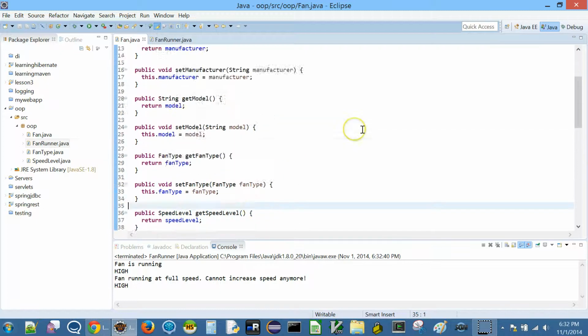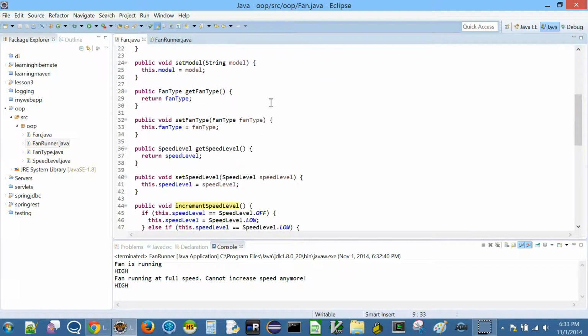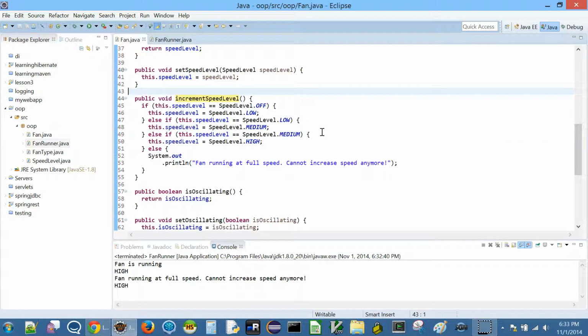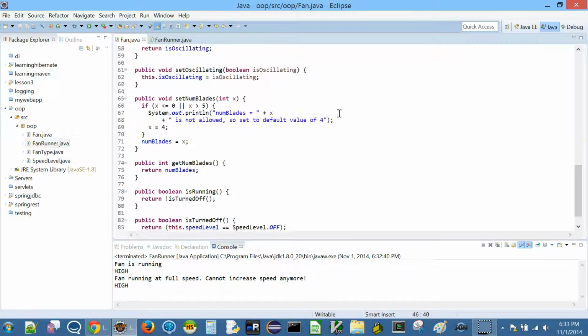than before. Remember what we did? We just changed the fan type from string to fan type enum, and we changed the int speed level to speed level enum. And then we have nicer setter and getter methods now, and the clients cannot pass arbitrary values anymore, so we don't need to do all the consistency checks. This method is the only one where we gave up a little bit because you can't increment speed level by more than 1. You could in principle, but then you need to check what the speed level is and then do this, so it will just become a bit more complicated, but otherwise this looks much nicer, right?